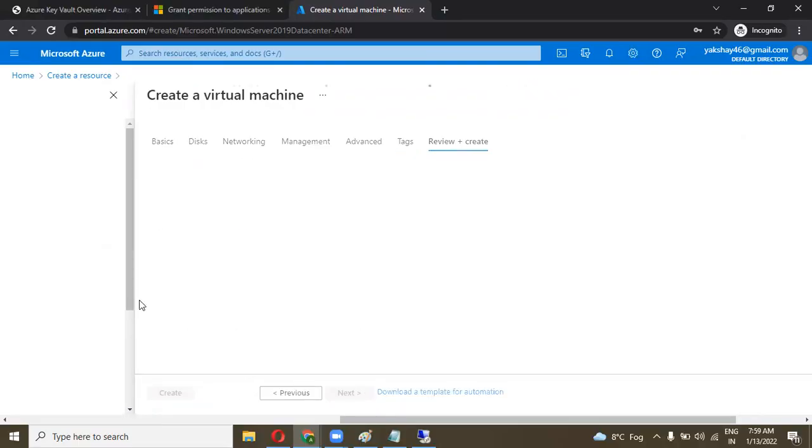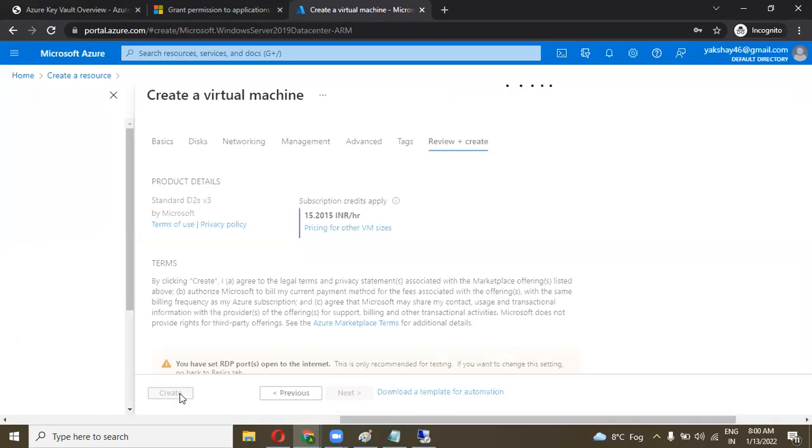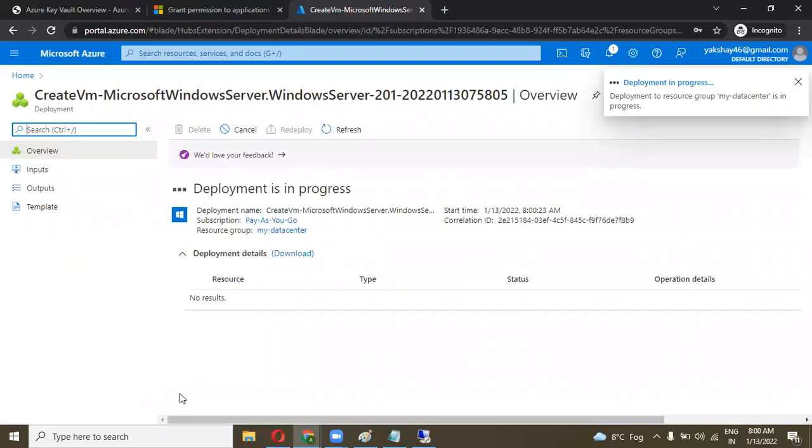Once the validation is completed, it is created, and we are going to enable the boot diagnostic and serial console on that machine. If I have an existing machine like that, and there is no boot diagnostic enabled here, how can we enable the boot diagnostic on a machine and the serial console log with the custom storage account? Once the deployment is completed, please wait for it.